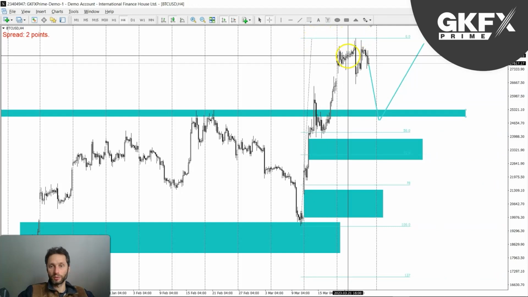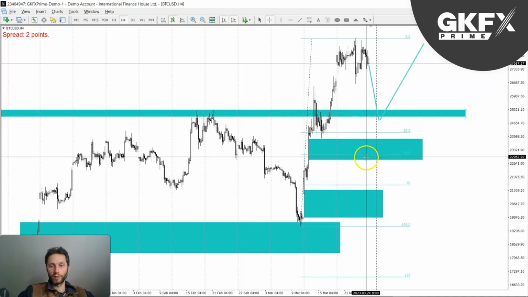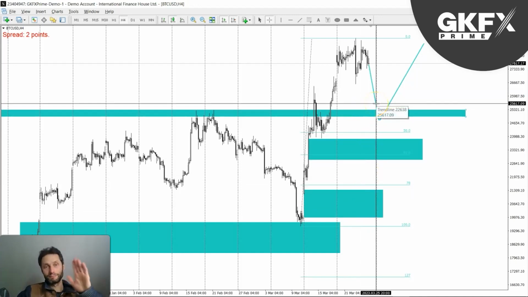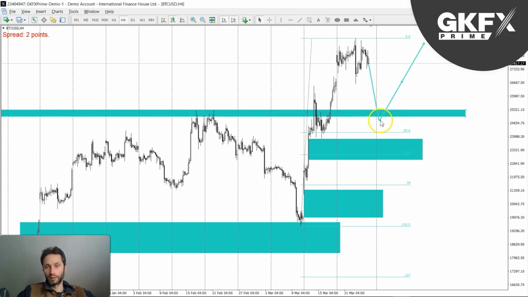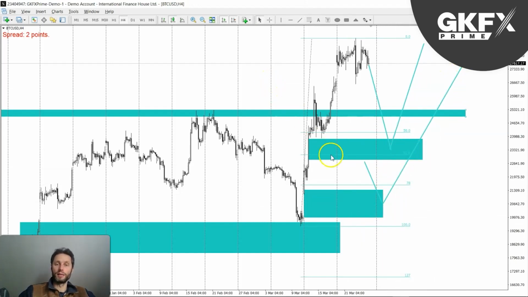Probably did this last week as well. So here's the extreme high, extreme low. Here's the halfway mark. So below the halfway mark, I would prefer to see price enter those areas in the discount area, the cheaper area, whatever you want to call it, before getting a turnaround. That's where the probabilities are more favorable. So either the first one, if we get a turnaround, or the second one, and of course better risk to reward from down here.